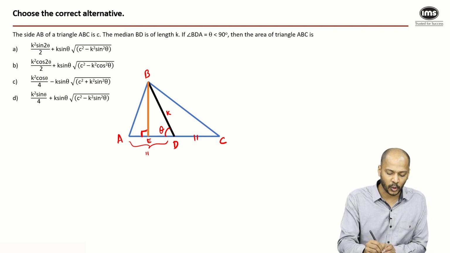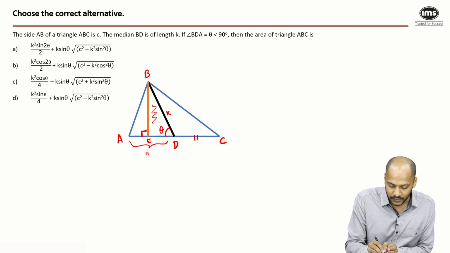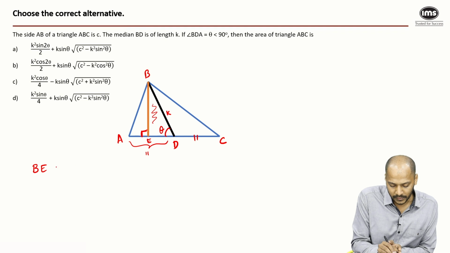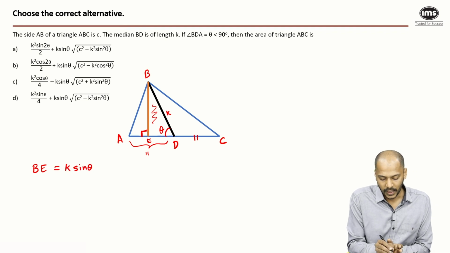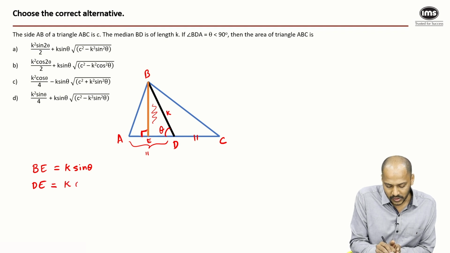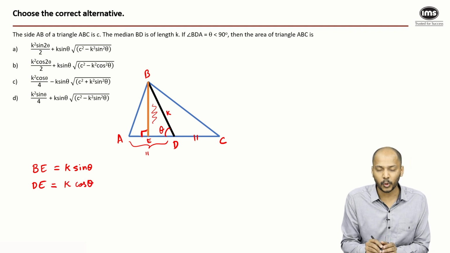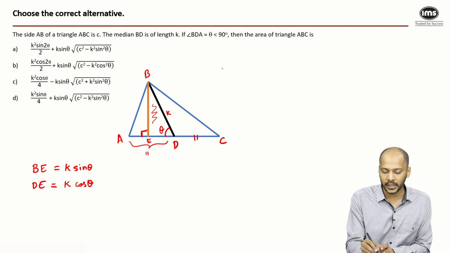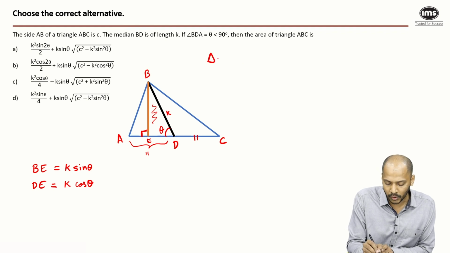So K is the hypotenuse of this triangle, the small triangle BED. In this triangle, can I say BE is the side opposite to theta? So that will be K times sine theta, and DE would be K times cos theta. Now the approach that I am using over here: there's a lot of things in the small triangle over here. There's nothing in this obtuse angle triangle that we have at the right. But the area of the big triangle,